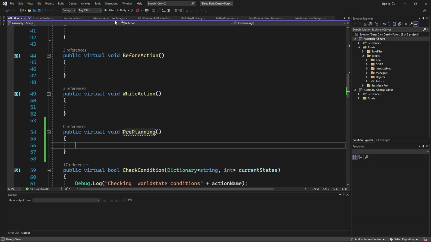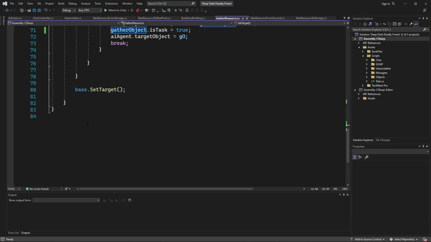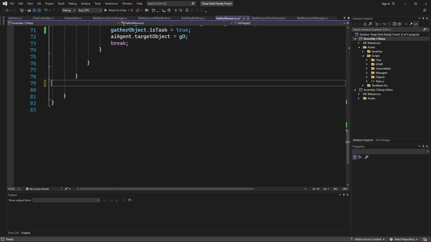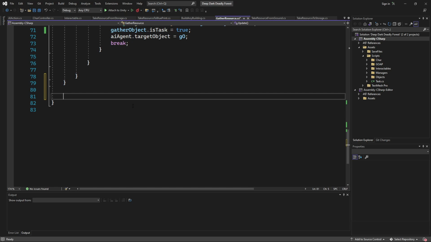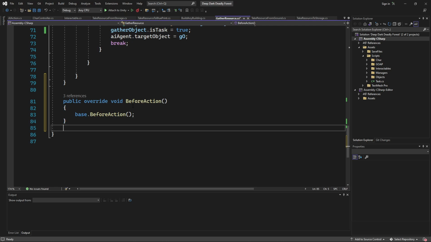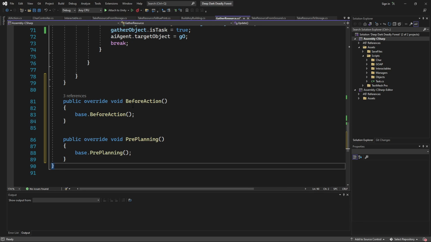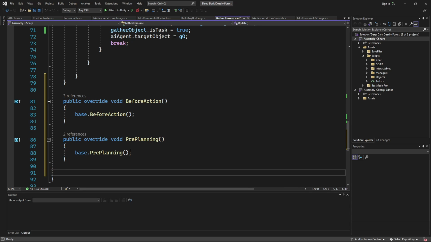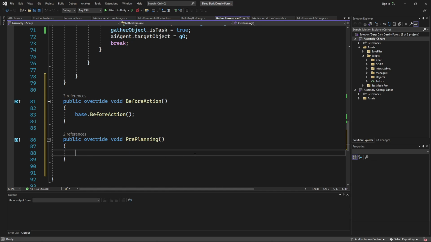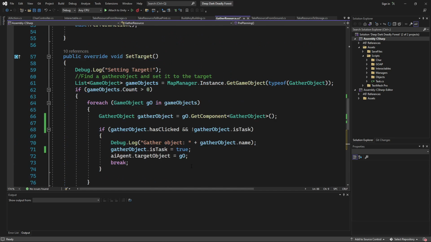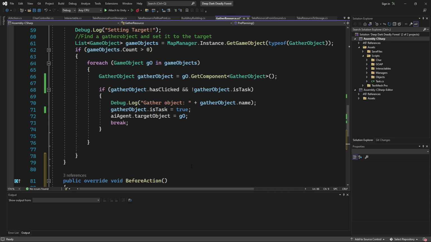So then if I go to the gather resource, and I would say override this, oh, we haven't done that yet. Override this. We would want to, hmm.